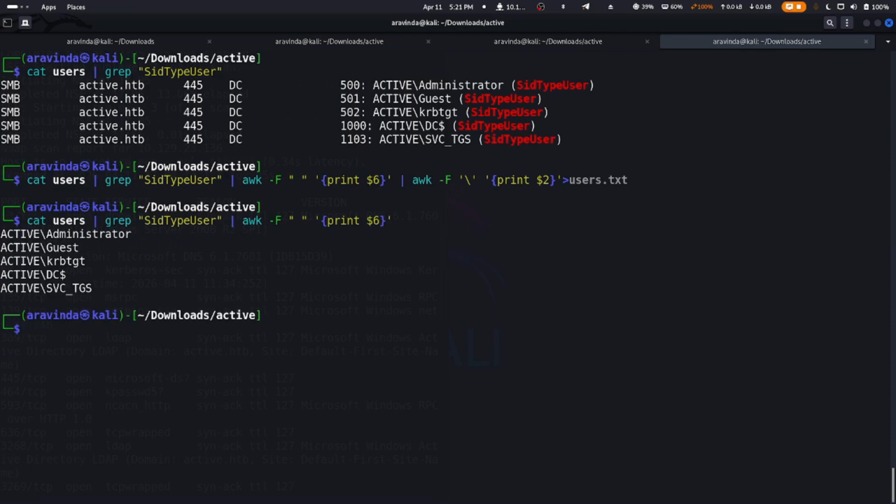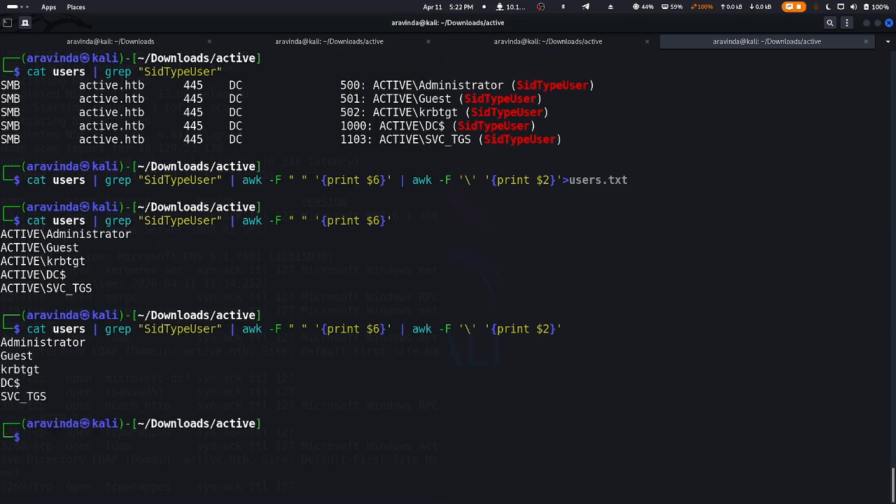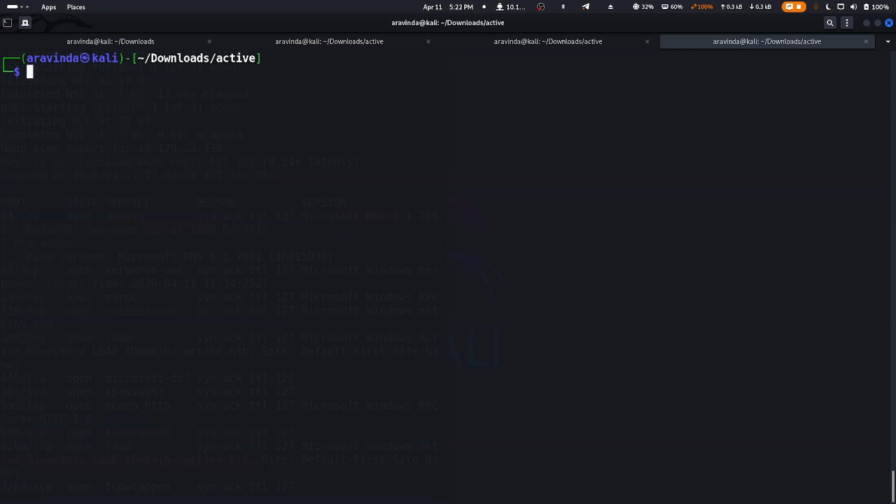So we get ACTIVE slash all these users, and we need to do another awk -F with the field separator of backslash and get the second column which will give our users. So if you have large usernames, you can use this method to extract the usernames only from the particular crackmapexec output. And let's save it to users.txt. Let's do cat users.txt,